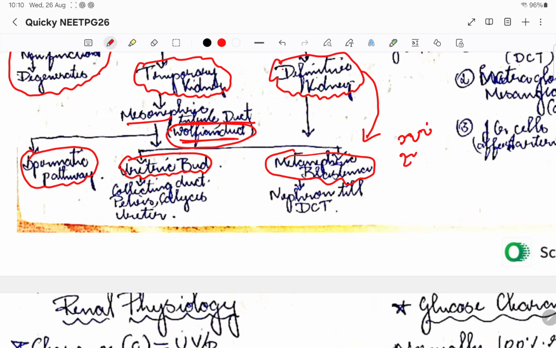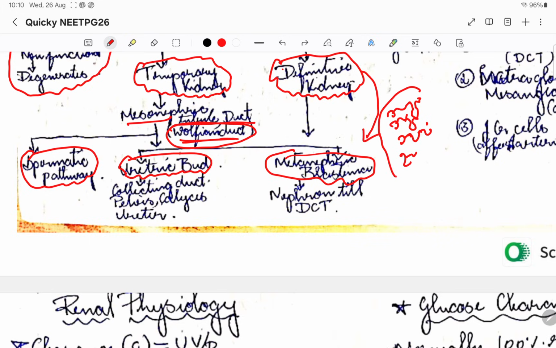Okay, all the nephrons. For example, let us take these different millions of nephrons. This is the nephron part of the kidney that is being formed. Now the Wolffian duct will give rise to the ureteric bud. So what it does is, from the